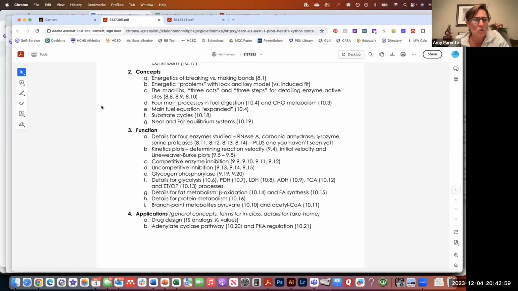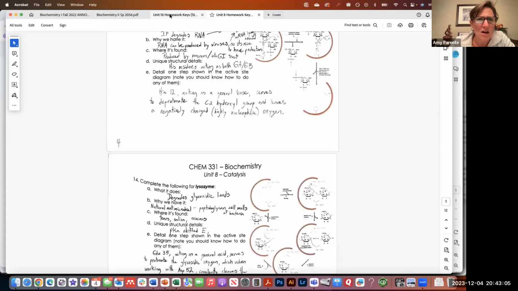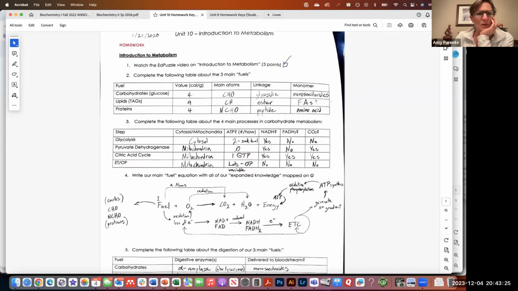Okay, so I'm going to go over, and I haven't posted yet, a student example of homework. I will post this later tonight after I confirm that everybody, or at least the majority of you, have uploaded their homework. And then I will get mine uploaded tomorrow as well. So this should be pretty straightforward.